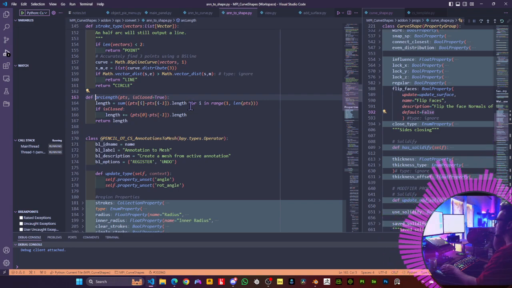These points are vectors, so I'm getting the sum of the lengths of the vectors. You can see what it does, arc length. So we get the arc length,